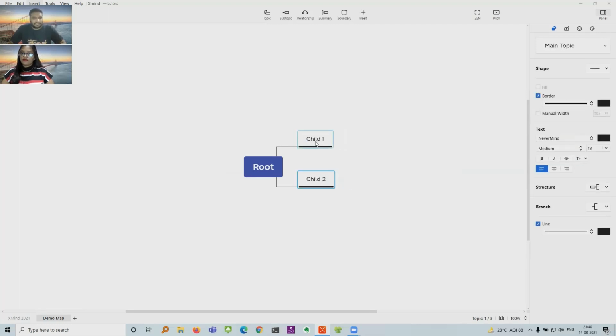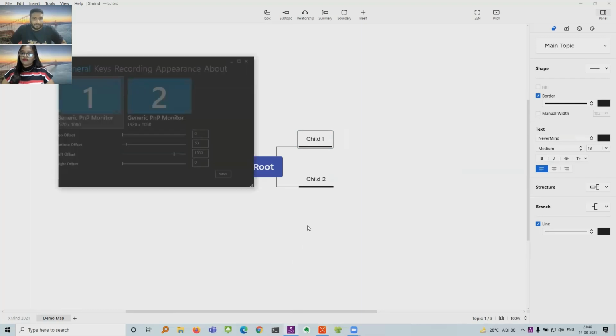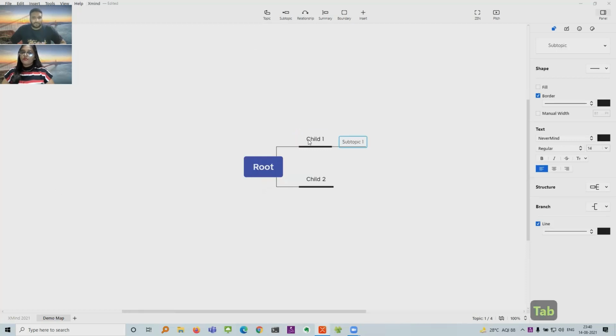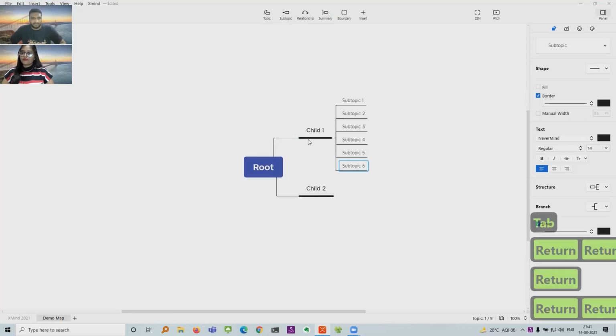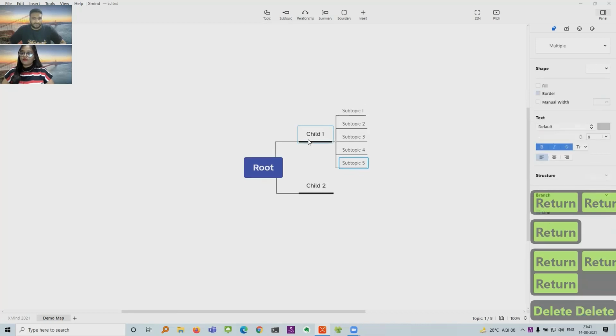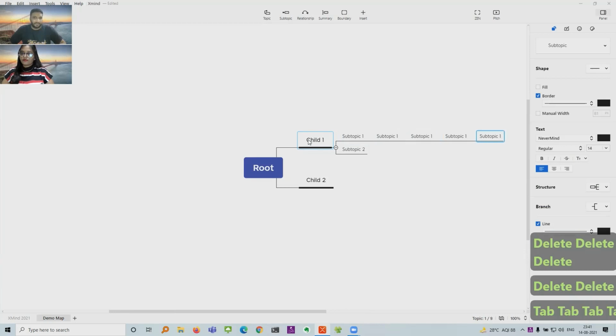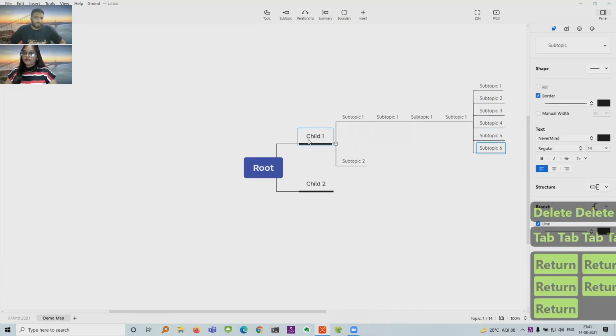I essentially use two shortcuts which are very important with mind maps. One is the tab and another is the enter. As you hit return, you create all these siblings, and you can delete them through the delete button. And if you want to create a subchild, you just hit tab. So it's so easy, you create children.